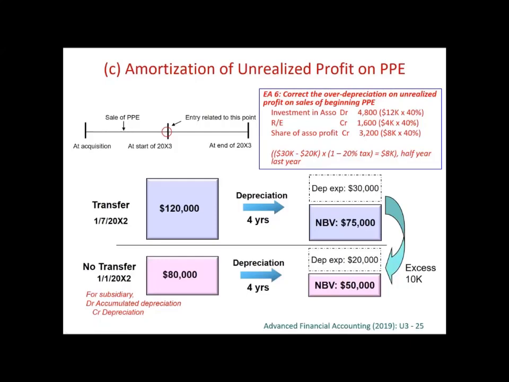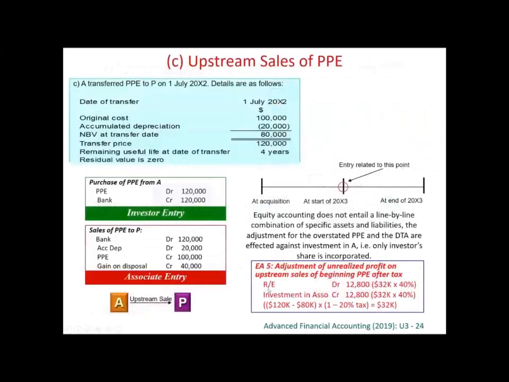You can calculate this 3,200 as the difference between depreciations, but actually this 3,200 surely will equal the adjustments for this gain on disposal throughout the remaining useful lives as well. So the adjustments for this gain on disposal is 12,800. You think that this is unrealized profit, so that's why you debit 12,800.